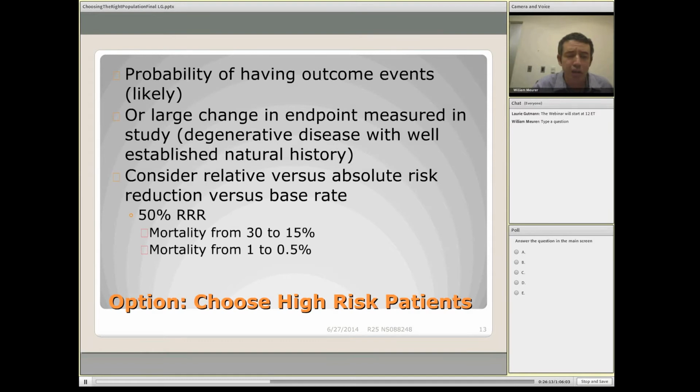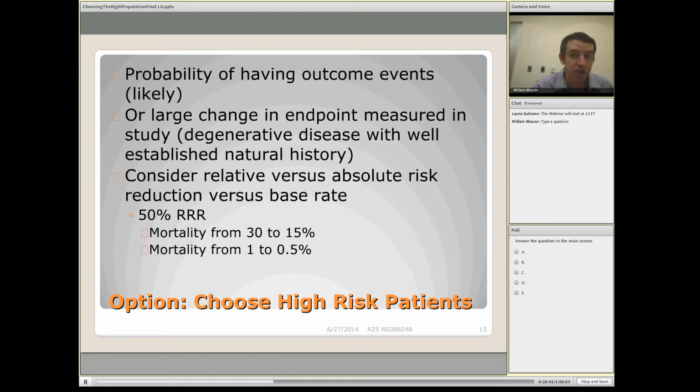You also have to carefully consider the relative versus absolute risk reduction versus the base rate. A 50% relative risk reduction is huge. In a smaller trial, that could mean a mortality reduction from 30 to 15%, which would be a great treatment for any of us, for any of the diseases that we may study that have a mortality rate of 30%. It would also be the same as a mortality change from 1 to 0.5%, which would also be,